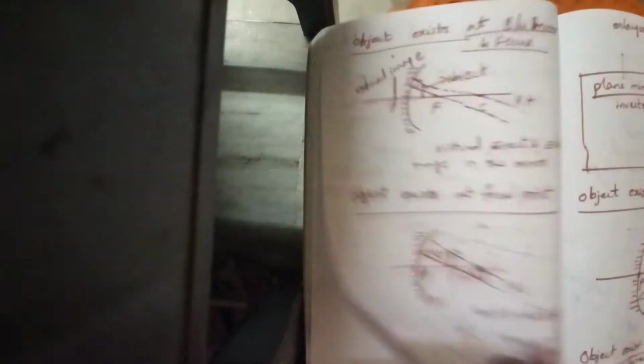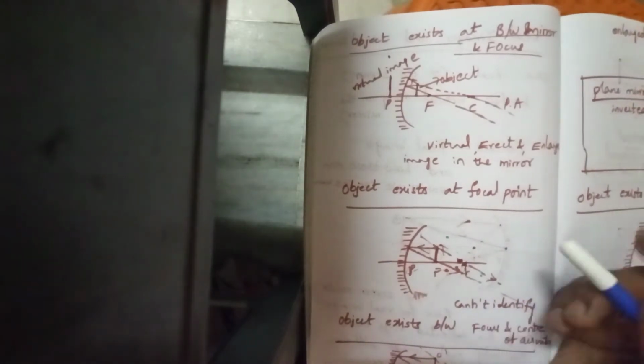Yesterday, before classes, we discussed all the different types of real and virtual images, how they form, and how they vary in their sizes and positions. Here we need to know the relation between object distance, image distance and focal length. To understand that, we have a derivation formula for curved mirrors.